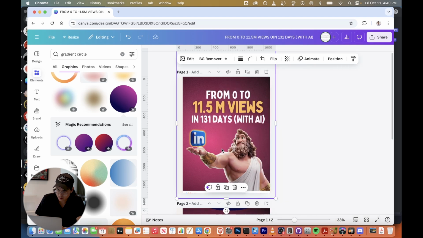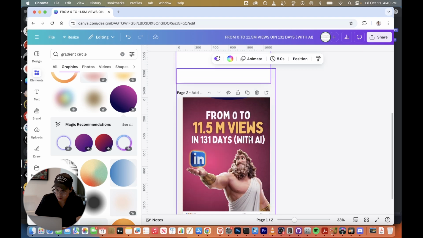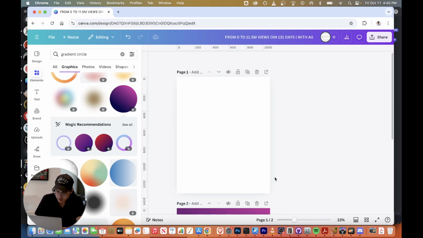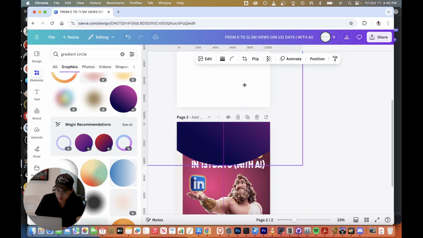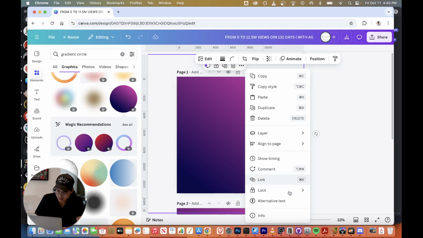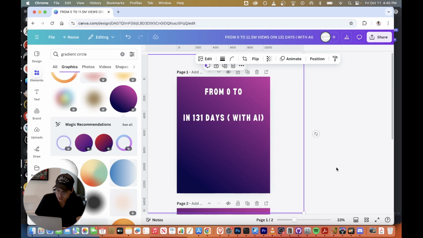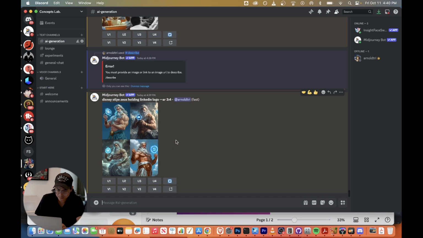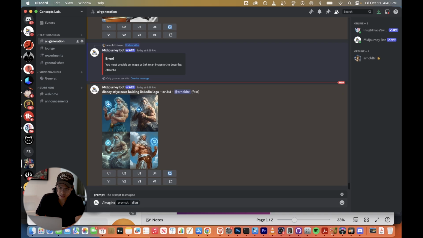Bring to front. All right, now actually I'm gonna delete that. Oops, what happened here? Okay, move that there. Well, can't move it. I'll just paste it, and then I will layer this to the back, send this to the back. And then as we have been generating, this doesn't look like a fun Zeus style, so let's go and do this again. So what I like to do is Disney style Zeus happy holding